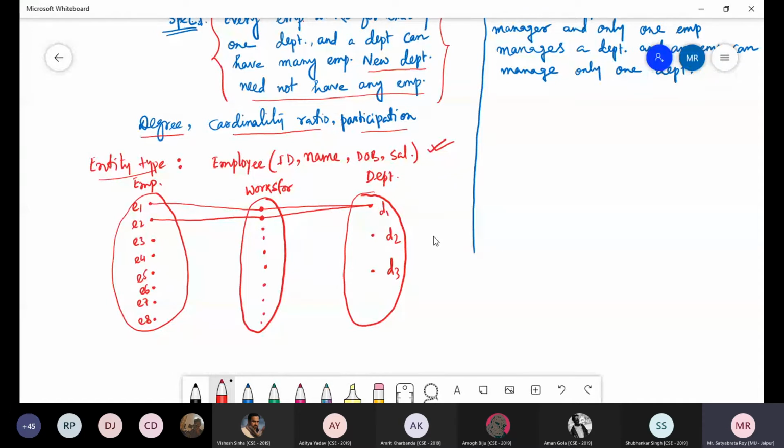Suppose that E3 also works for D1 department. So how to connect that? So E3 should be connected with this, and this should be connected with D1. Suppose that E4 works for D2 department or D1 department. You can take E4 is working for D1 department. Now E5 works with, suppose, D2 department. E6 works for D2 department. E7 works for